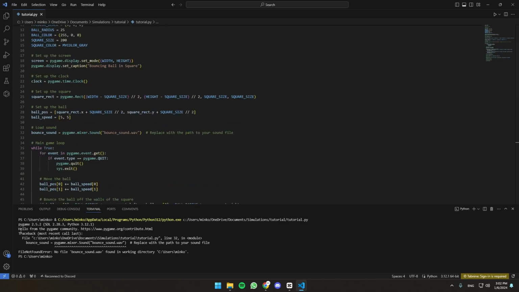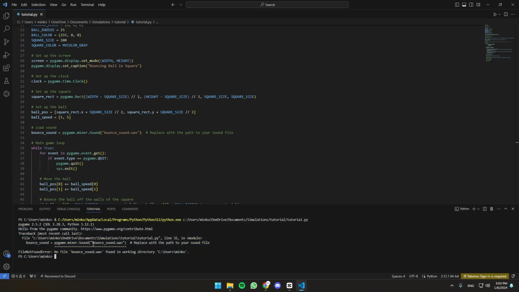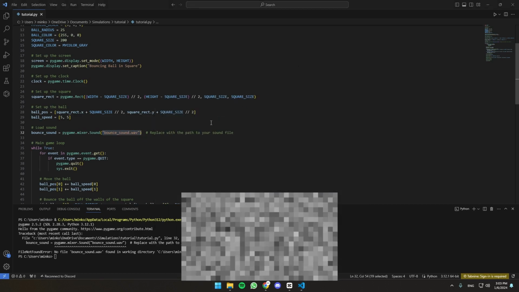Here you have the terminal, which shows you what errors you have. So it says bounce, I have to replace. Okay, so here's where FL Studio comes in place. You open FL Studio,